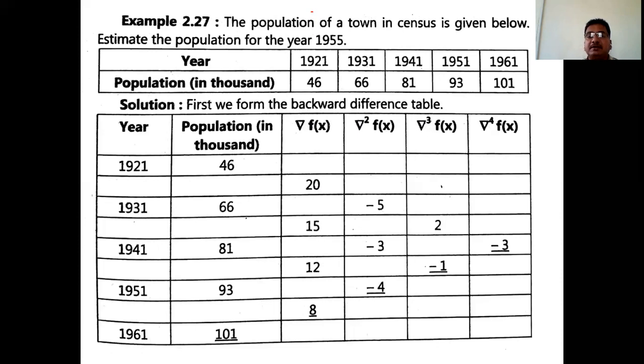But in the backward difference table these values are important. This is f of a plus nh. What is f of a plus nh? The last value of x. What is a? The first value. So here the last value is important. So these underlined values are important. So this is f of a plus nh, this is del f of a plus nh, this is del square f of a plus nh, and all those remaining terms.